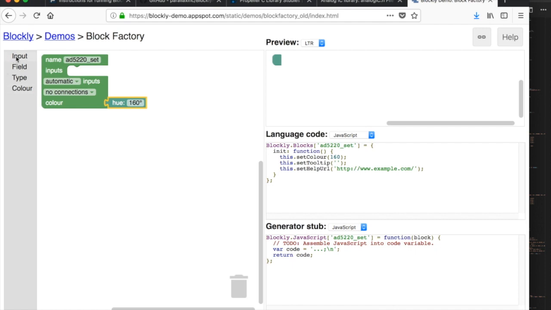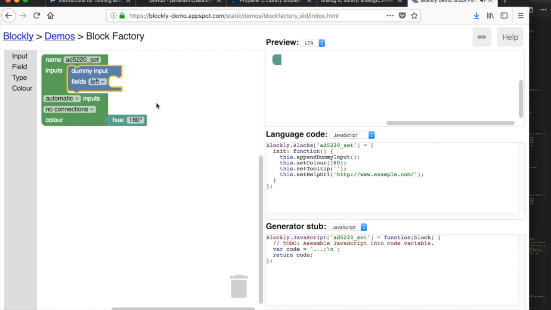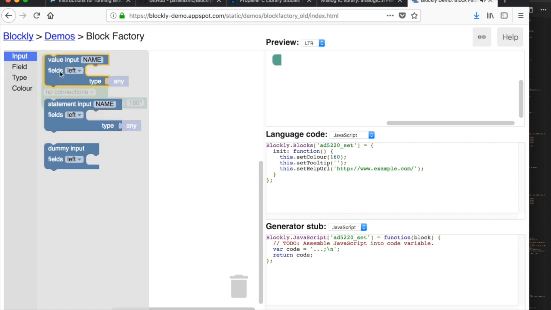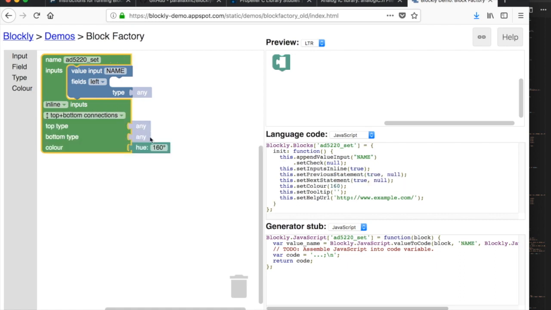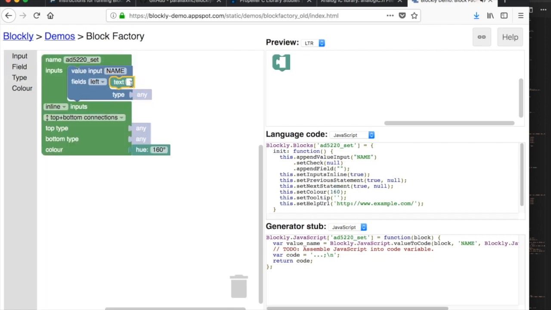So we want to first put in a dummy input. Actually, no, we want a value, don't we? So we want to do a value input, and see, this allows us to do this. And so we're going to say that our inputs are inline. Now we're getting closer. And that we have top and bottom connections. The field we're going to input here is